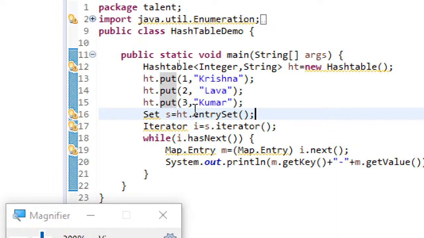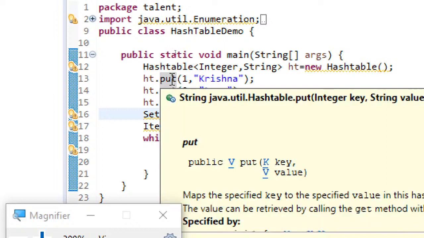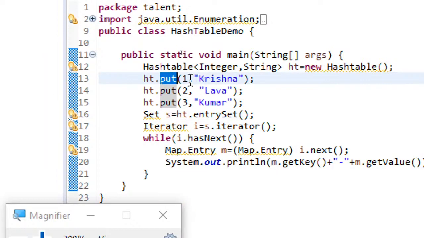By using the get method, you pass one argument, the key, and it returns the value. The put method's return type is void, and you pass two arguments: one is the key argument, the other is the value argument. As I said, keys must be unique, whereas values can be repeated. Similarly, the get method has one single argument, the key, and it returns the value.